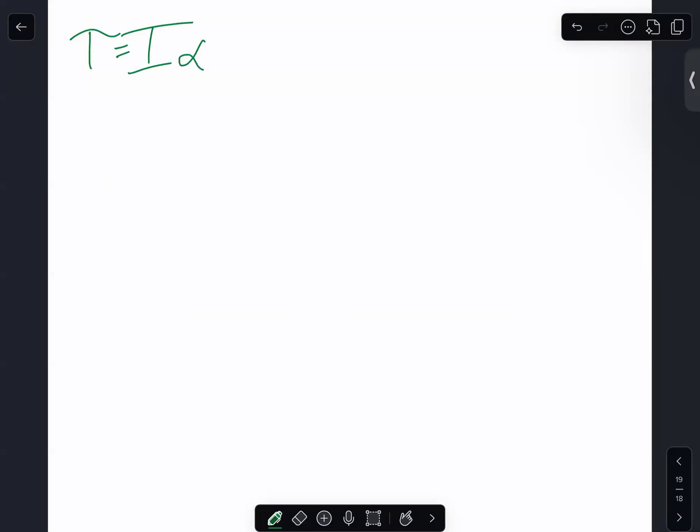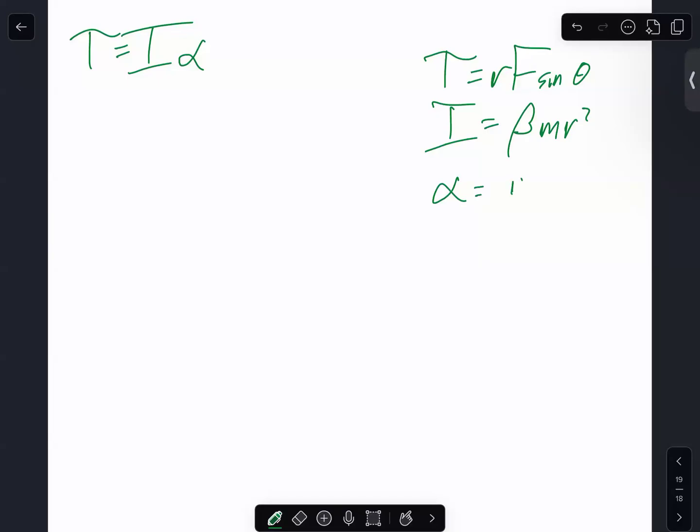The foundational law of angular dynamics is that force equals mass times acceleration, except force becomes torque, mass becomes moment of inertia, and acceleration is angular acceleration. Torque has its equation. The moment of inertia has its equation. And alpha is related to ordinary acceleration by